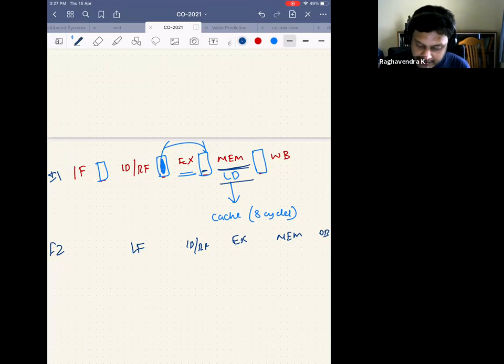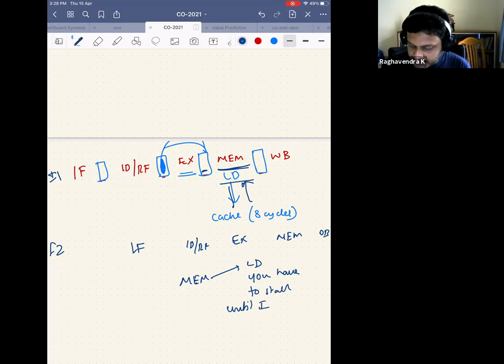And this load operation is going to the cache, getting the data. Of course, there can be dependency, that's why there might be a stall. But even then, the pipeline architecture is such that you cannot continue execution. This load is waiting. That's all. You can't do anything about it. Of course, in computer architecture, you will see processors where they don't stall unless there is a dependency. But in whatever you have studied till now, you have to stall. So for load, you have to stall until I get the data.